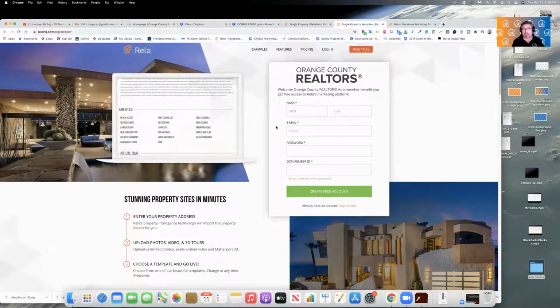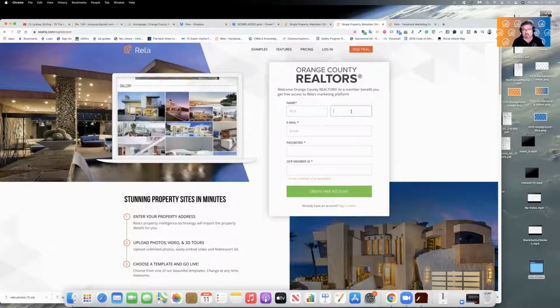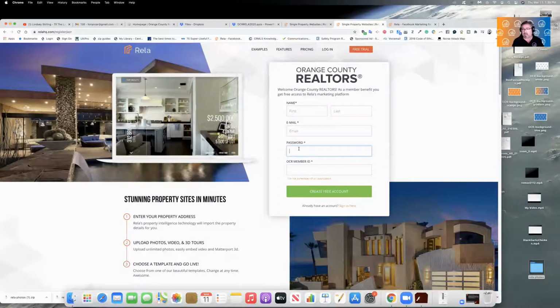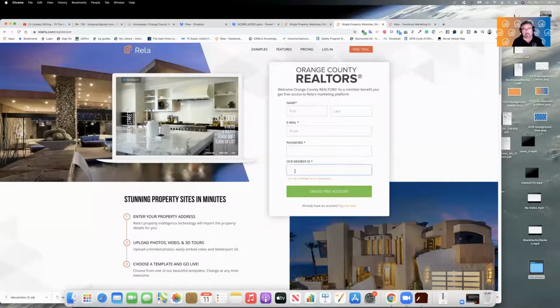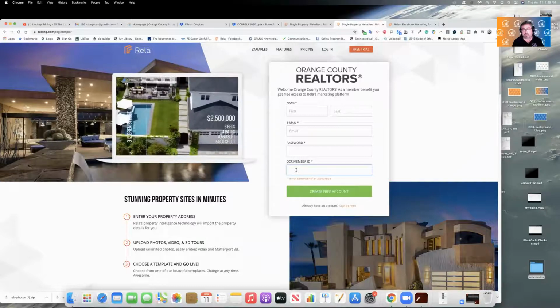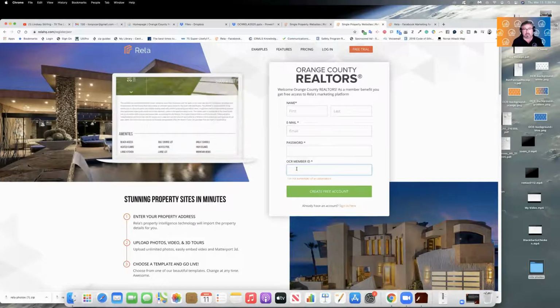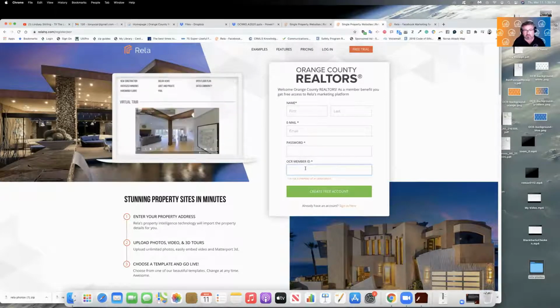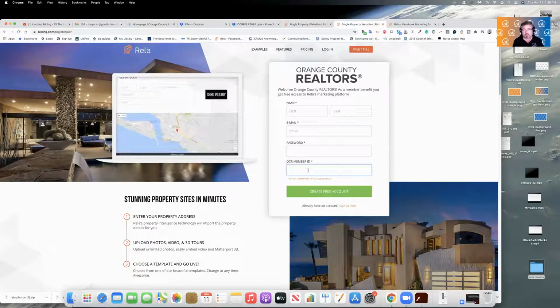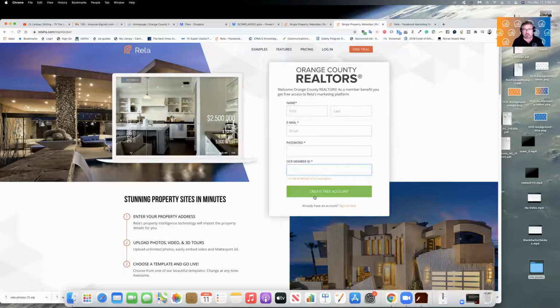realahq.com/OCR. You're going to put in your first name, your last name, and your email address. You're going to create a password, and you're going to put in your MLS user ID for Orange County, for being an Orange County realtor. Because this is free to only Orange County realtors, they will verify your account is currently active with Orange County. Once you do that and you hit create free account,